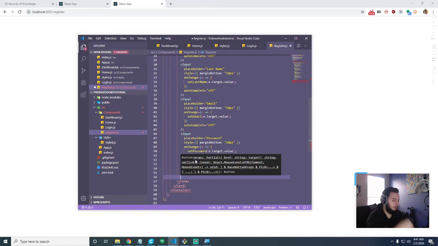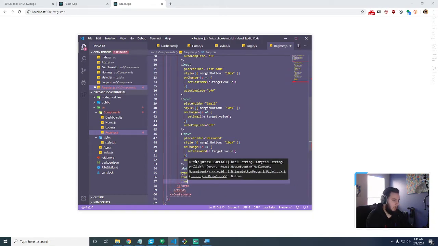And this next attribute is pretty important. It's called HTML type. And since we're using this type of button from AntDesign and we're not actually using the standard button, this is how we're going to tell the form that we're triggering the submit. So we do HTML type and then submit, and then class name, login form button,